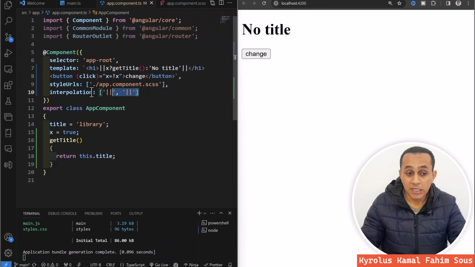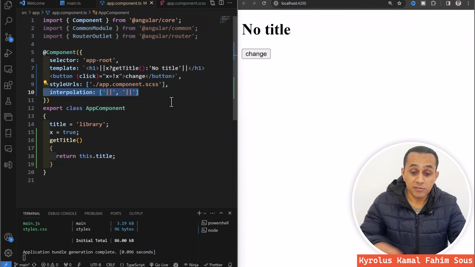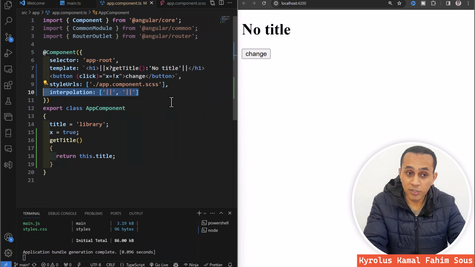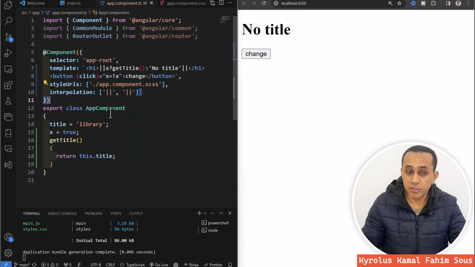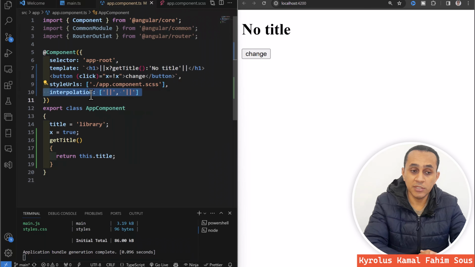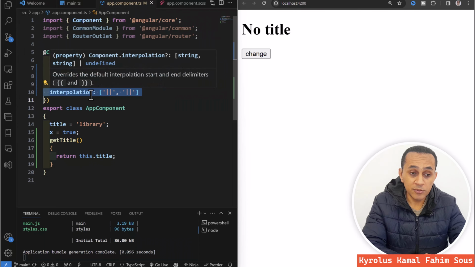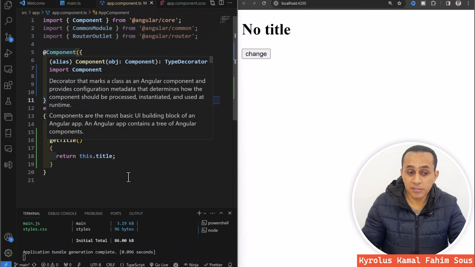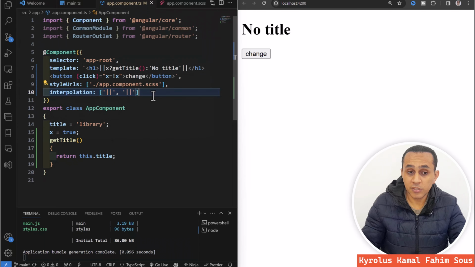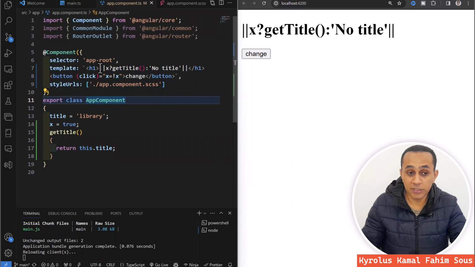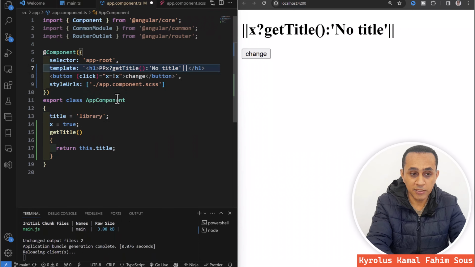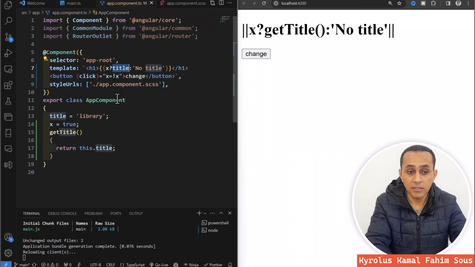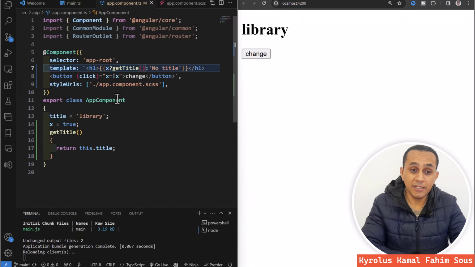Actually, I didn't see it in any course before, and it's not very useful, and I never used it in any project. I know this is not important, but I have to tell you about it, because I have promised you before that I will explain the other properties inside the component decorator, and this is one of these properties. Okay, and if we remove it, Angular will treat all of this as normal text. But if we return the curly braces back, it will work again.